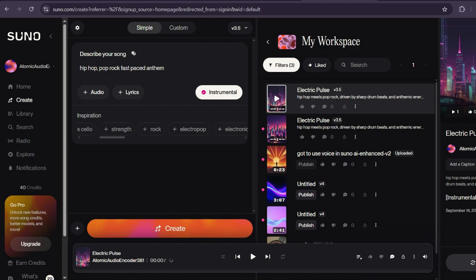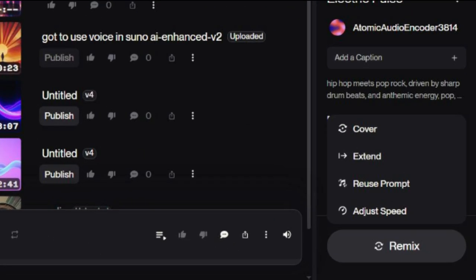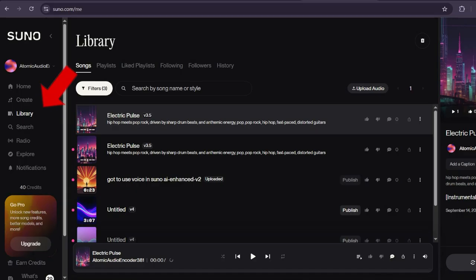with Suno AI. Once done, you can click on the Remix option from the bottom right corner to remix your song, like cover, extend, reuse your previous prompt, or adjusting the speed. You can go in the library option from the left. This is where all your projects will be stored, and that is how you can create music with Suno AI